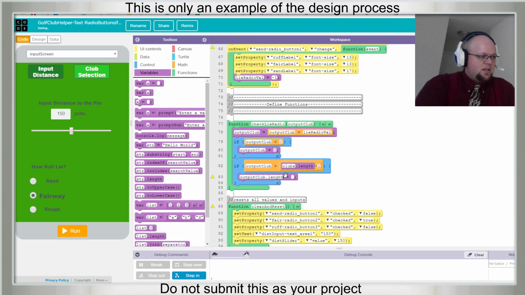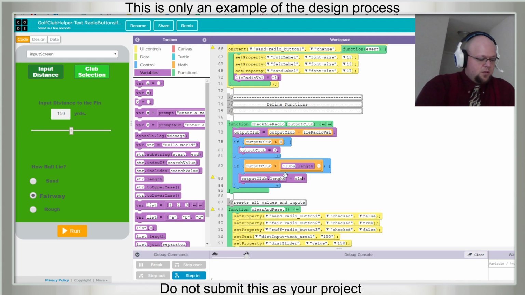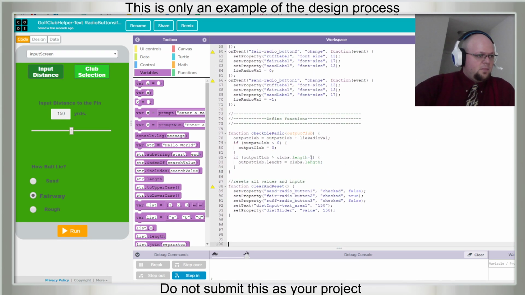Output club equals clubs dot length, and for the sake of proving things, let's try to break it by not doing the minus 1.